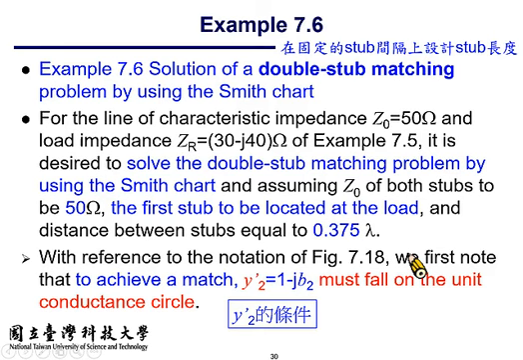Now, usually for double stub matching, the first stub is connected right at the load, and the second stub will be placed 0.375, that is 3/8 of a wavelength, away along the transmission line. And as explained in chapter 7.3,